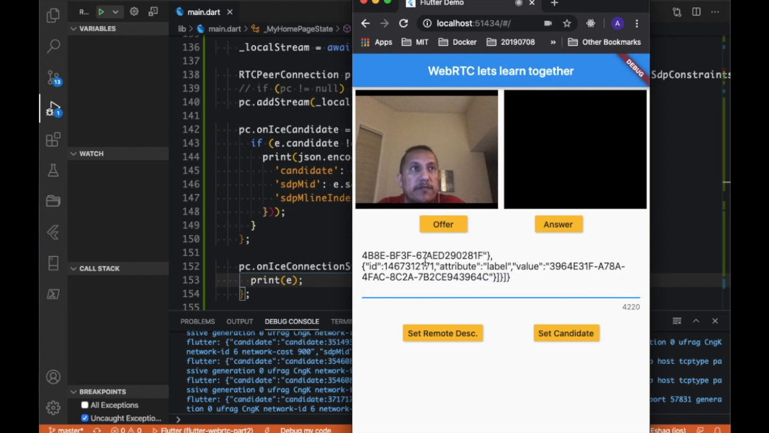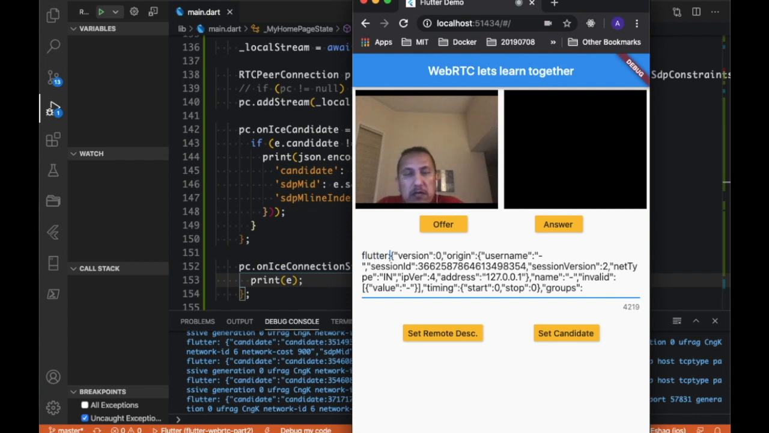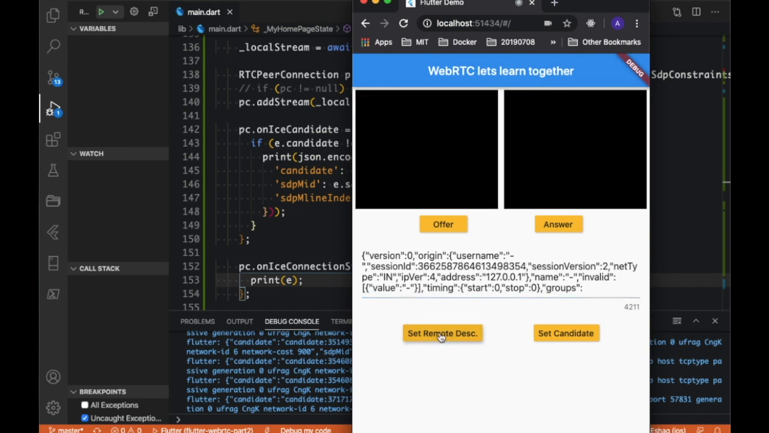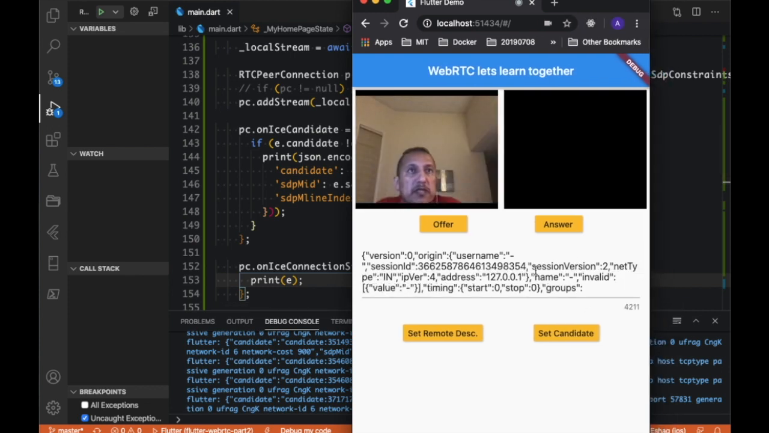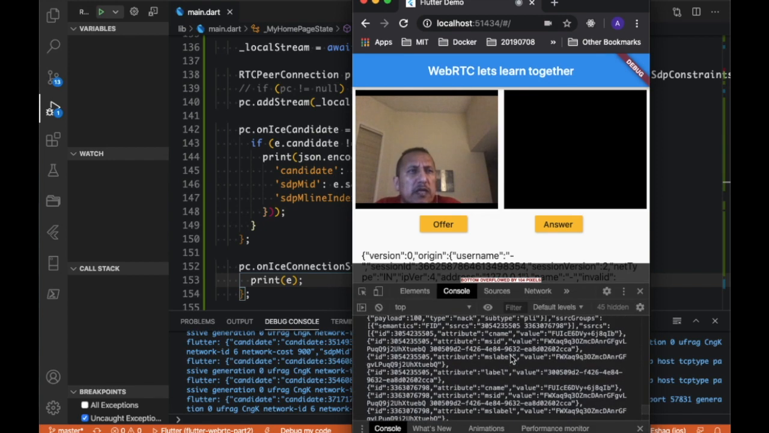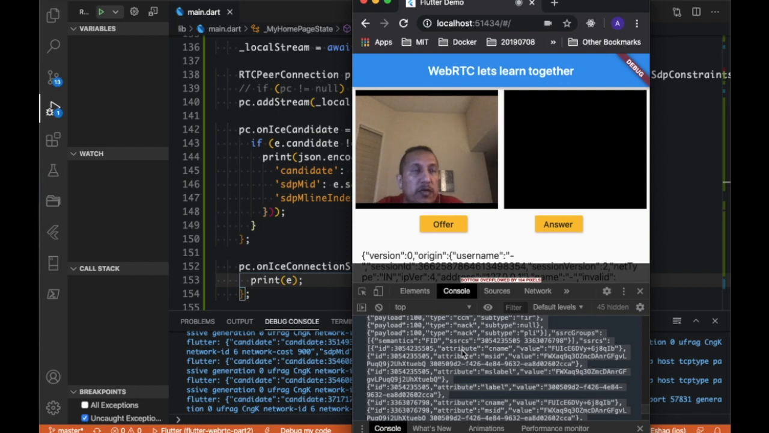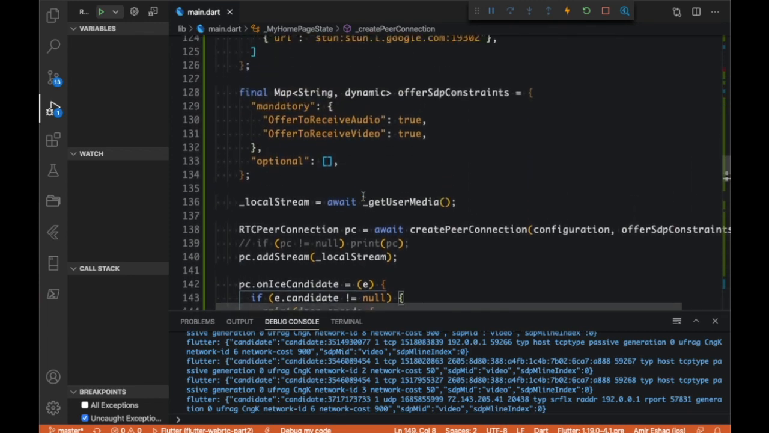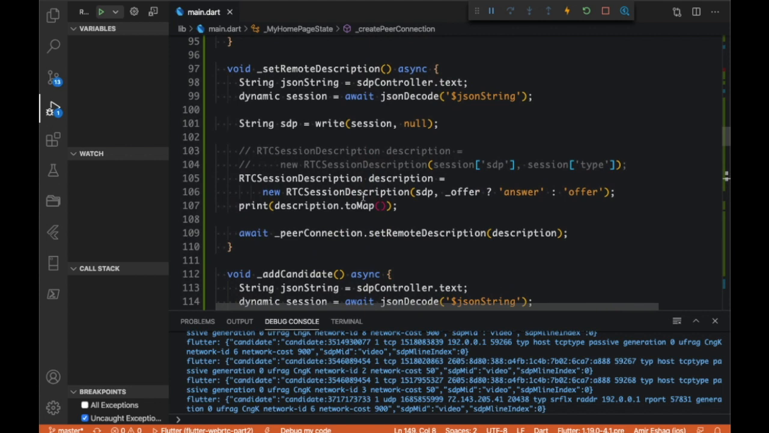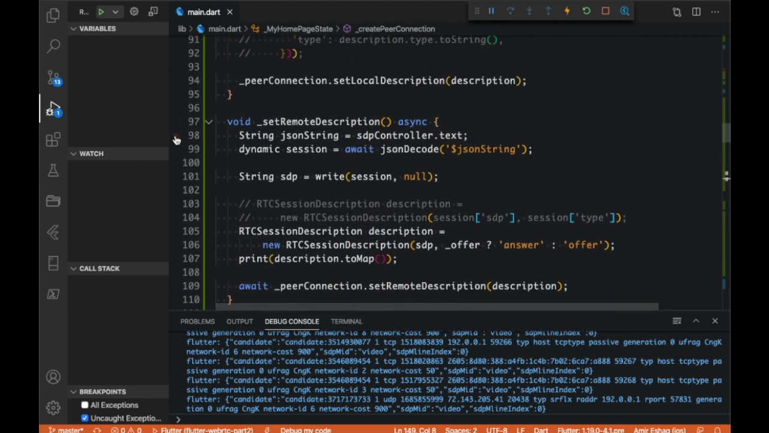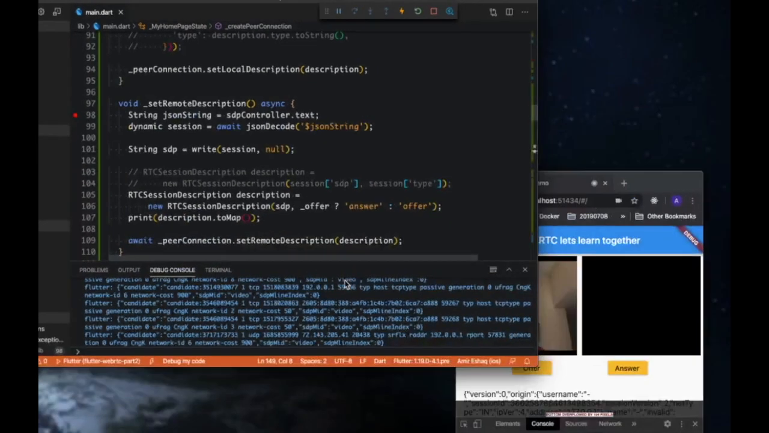I will paste it here, remove the extra text. I will set remote description. Okay, again, if you resize, you see the video displays, and I will do an answer. Go down to our console, get the answer SDP, copy, and we will now go to the set remote description, and we're going to put a breakpoint over there,